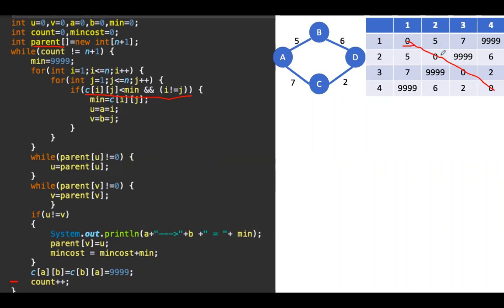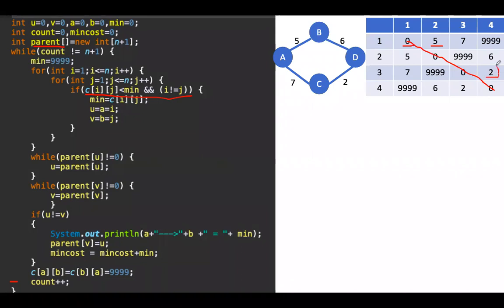Then 999 is also greater. Again, it will check for the next row. It is 5. So 5 is not less than 5. Okay, 999 is not less than 5. 6 is also not less than 5. And we'll go for the third row. 7 is not less than 5. See, the minimum element we have got here is 5. Still, I'm checking whether any other elements are less than 5 or not. Okay, 7 is not less than 5, 999 not less than 5.